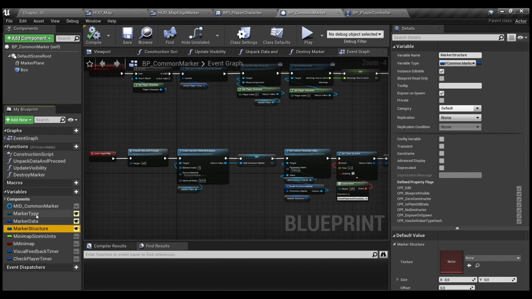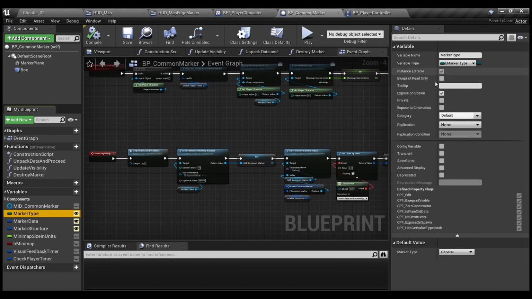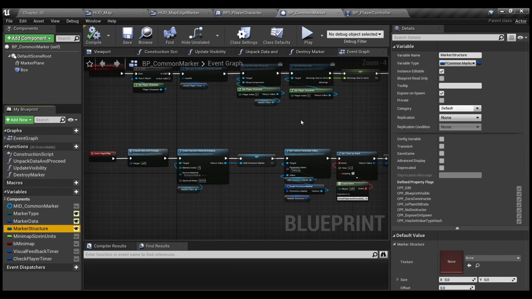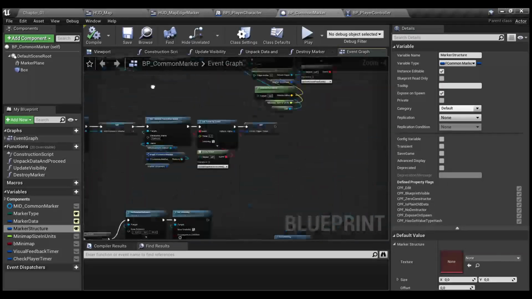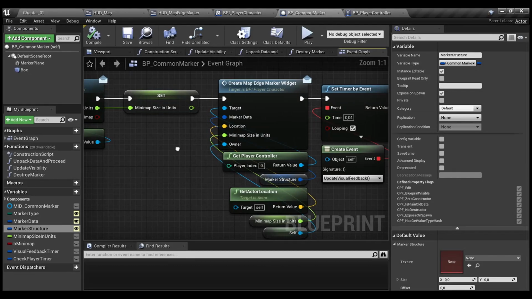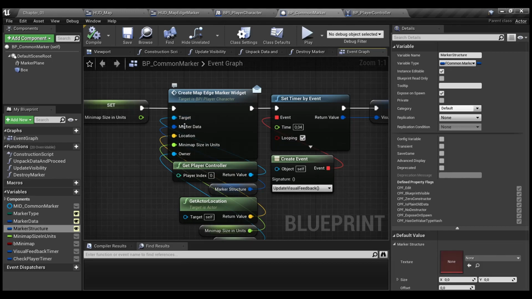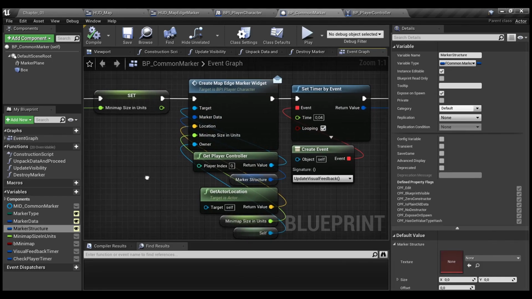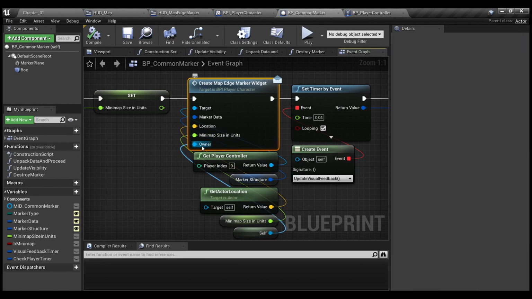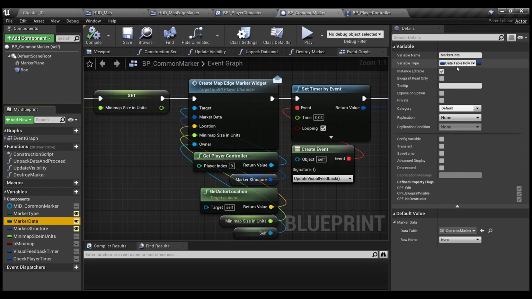So that's the differences in the variables. Now let me show you what also has been changed. So here, where I have the create marker map edge marker widget, it's the interface call. By default, there was no owner here, and the marker data here was actually the raw handle. Let's go to our